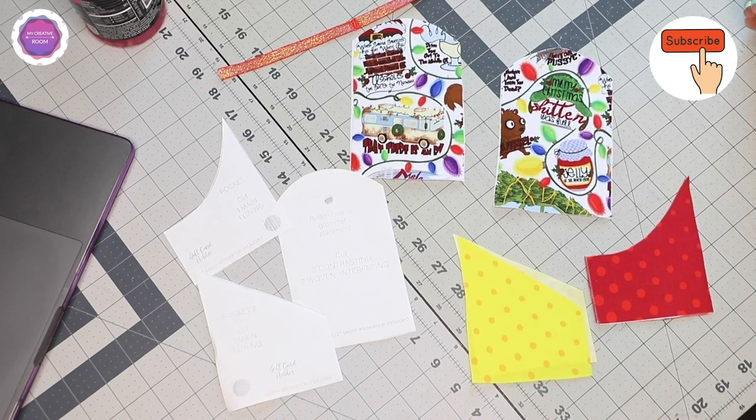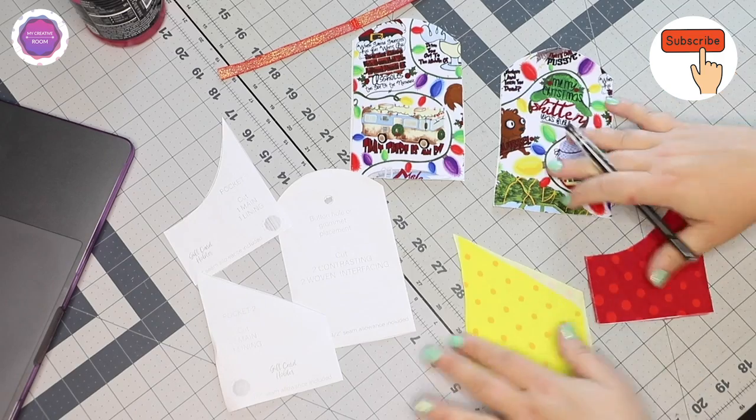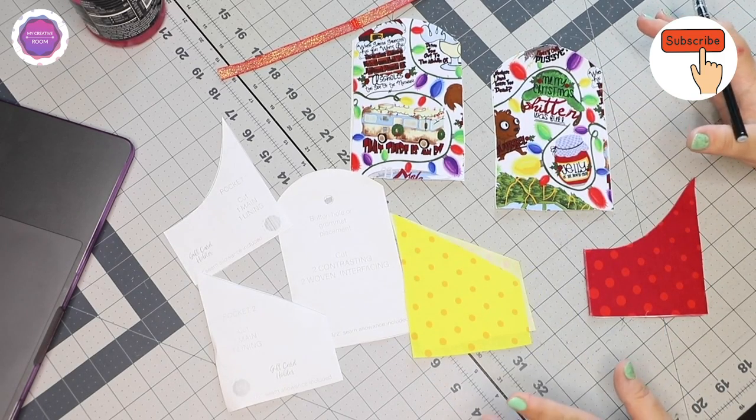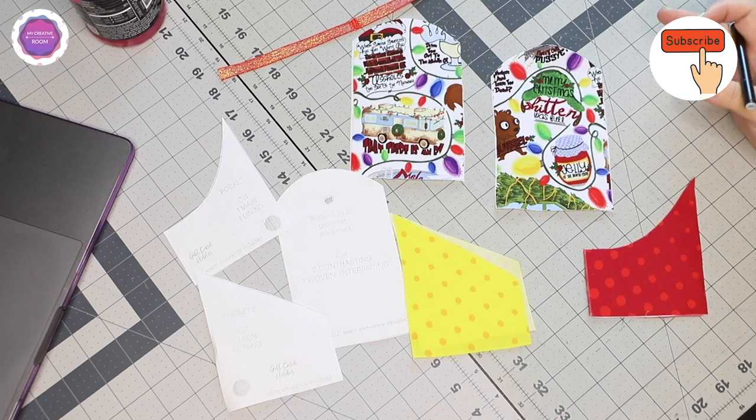We are going to make an amazing scrap buster project. It's super quick, super easy. This is all the fabric that you need. A beautiful scrap buster for your favorite custom prints, and not only. We're going to be making